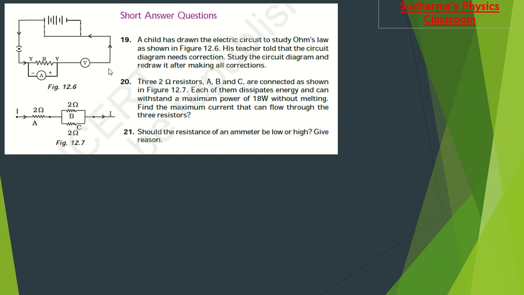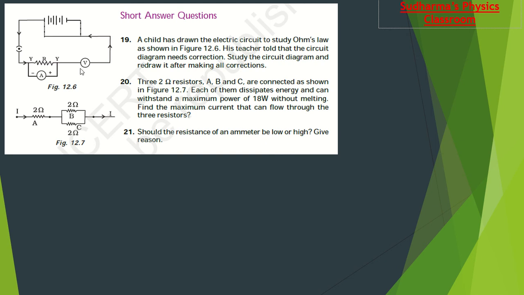First of all, when you check any diagram, we have to check whether the voltmeter and ammeter are connected properly, right? We know that the voltmeter has to be connected in parallel and the ammeter has to be connected in series. Is that done in a correct way? Observe this diagram. Here they have connected the voltmeter in series and the ammeter in parallel. That is one mistake. Another thing, for the voltmeter, they didn't show any polarity.